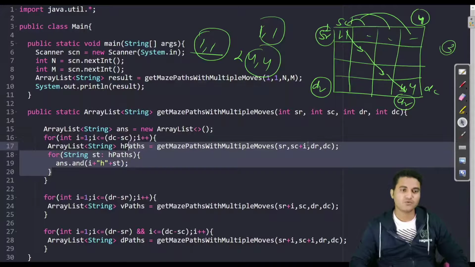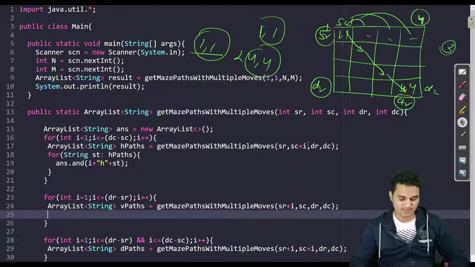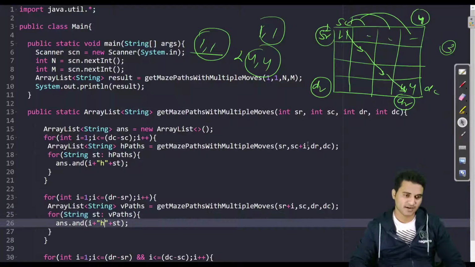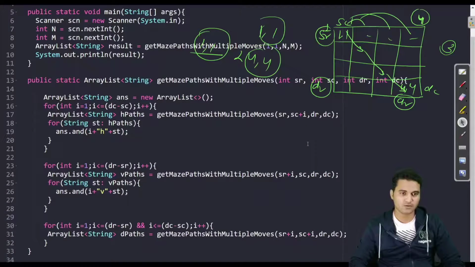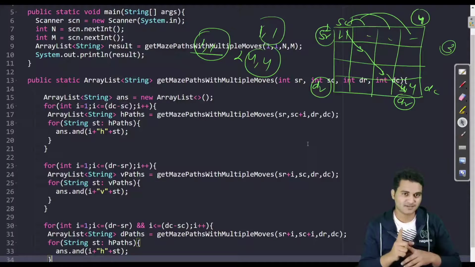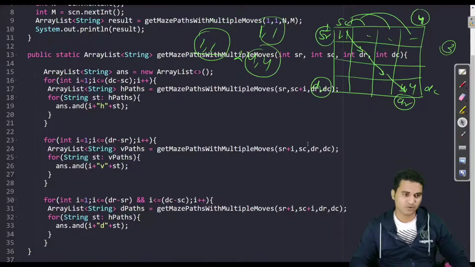And the same I have to do with all the vertical and diagonal paths also. Fine. So in vertical path, I have to iterate over all the v paths and add v here because it's a vertical path, and the same goes for diagonal also. Do not get confused. If you are having confusion here, there is a high chance you have missed my videos on get stair path and get maze path, which are just before this video. So you should watch those two videos first. Fine. So here I will have to add one diagonal, two diagonal, whatever the number of calls I am allowed from here. Fine. So the code is more or less done.